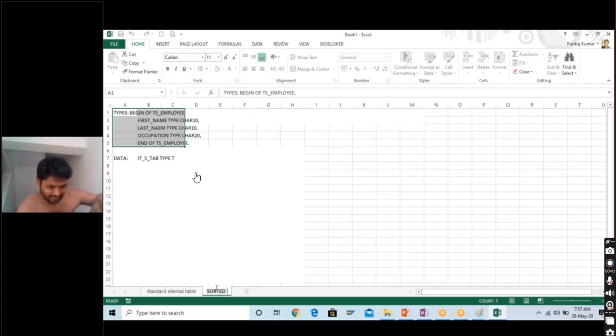Let's come to the sorted internal table. Sorted internal table, and here